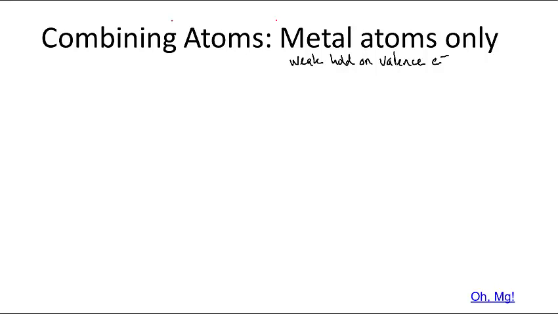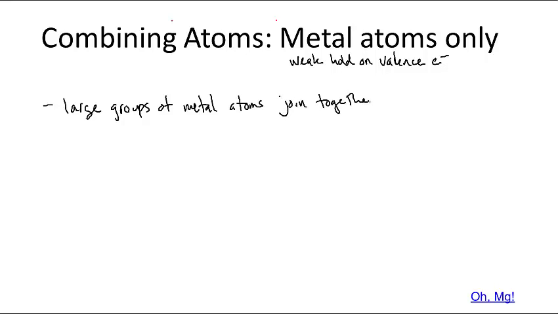Well, metallic bonding: large groups of metal atoms join together and share valence electrons